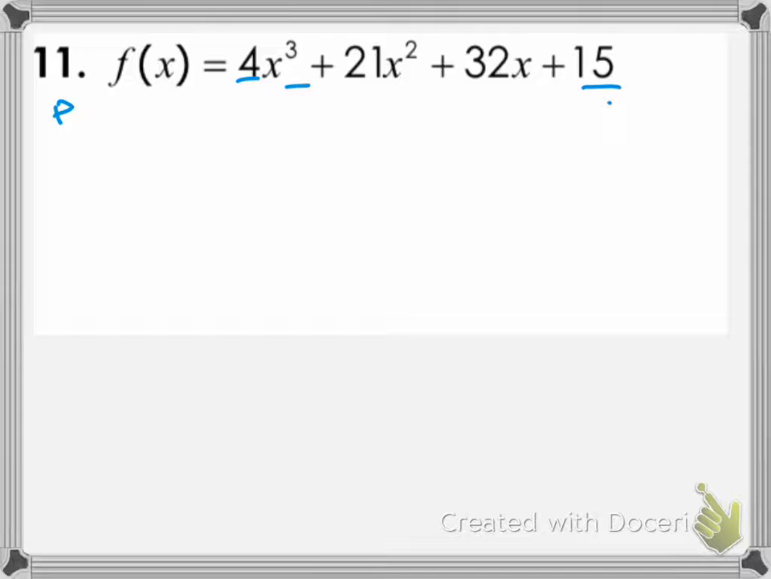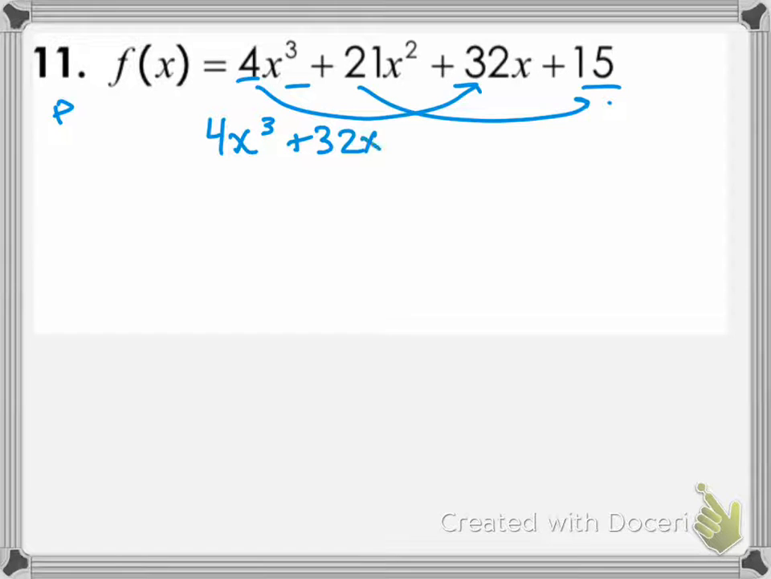I could have factored by grouping by moving this around. I'm just curious. Let me put this with this, and then this with this, and see what I get. Say, move this around: 4x cubed plus 32x plus 21x squared plus 15. If I take a 4x out of here, I get x plus 8. And if I take, this is 21. If I take a,